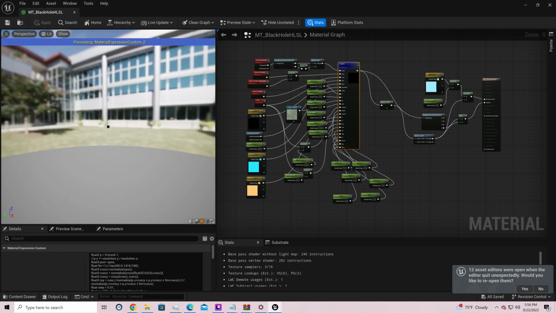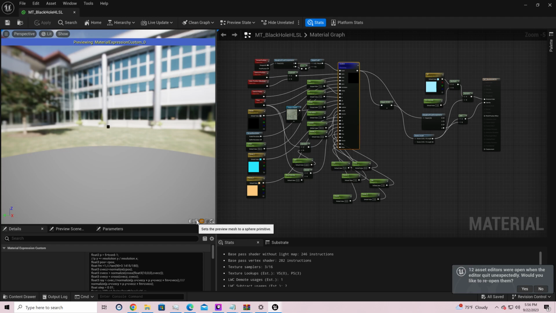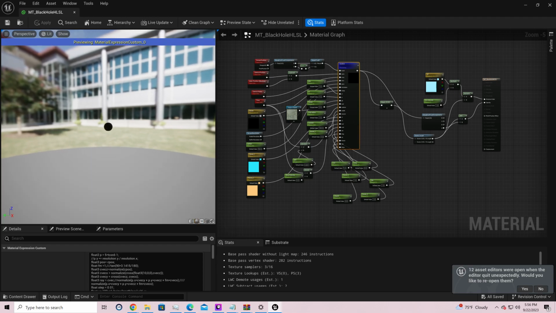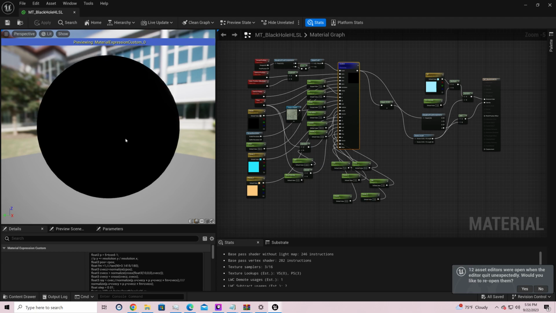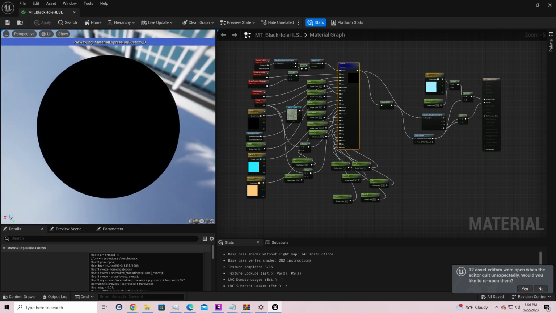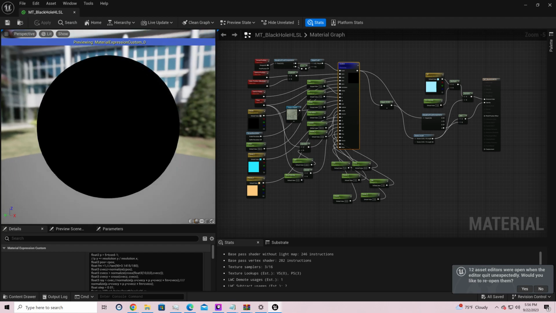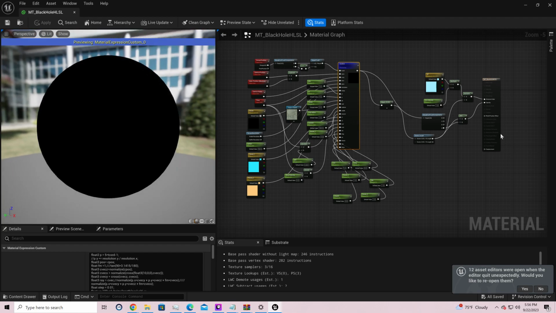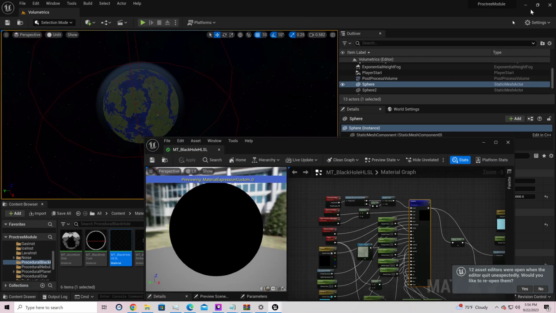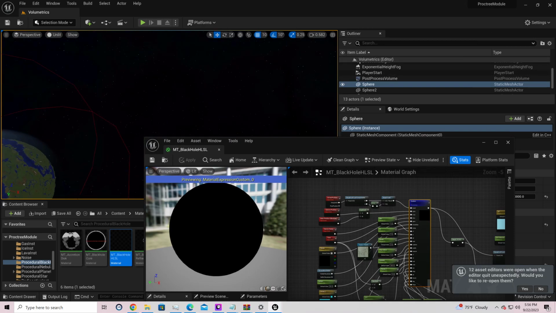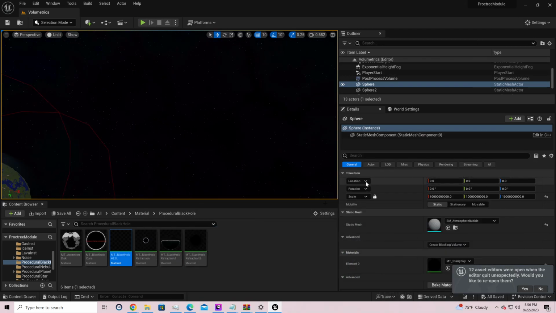So what we'll do now is create a material instance and a blueprint and just quickly test our black hole before moving on to the refraction setting. I'm just going to take the black hole material out. I'm going to right click in here and create a blueprint class. And I need an actor, and I'm going to call this BP black hole